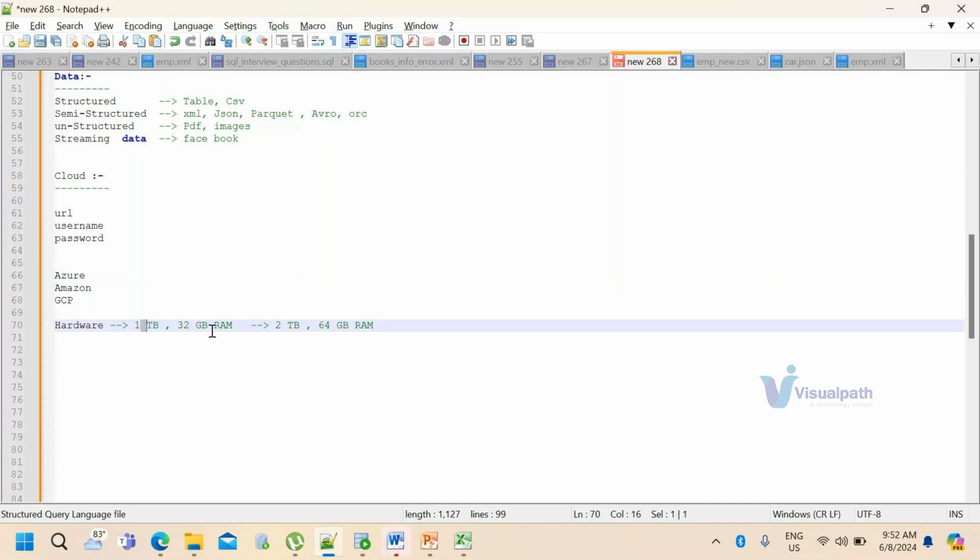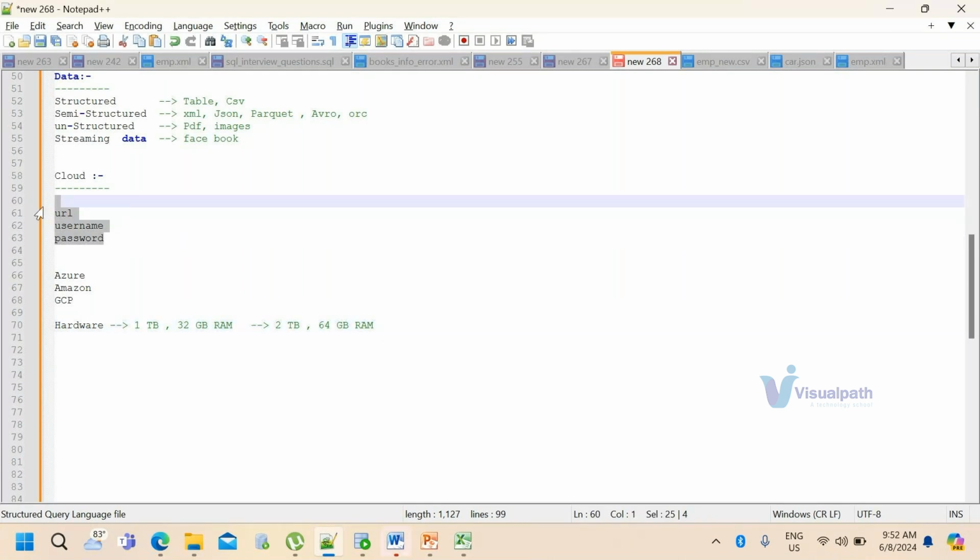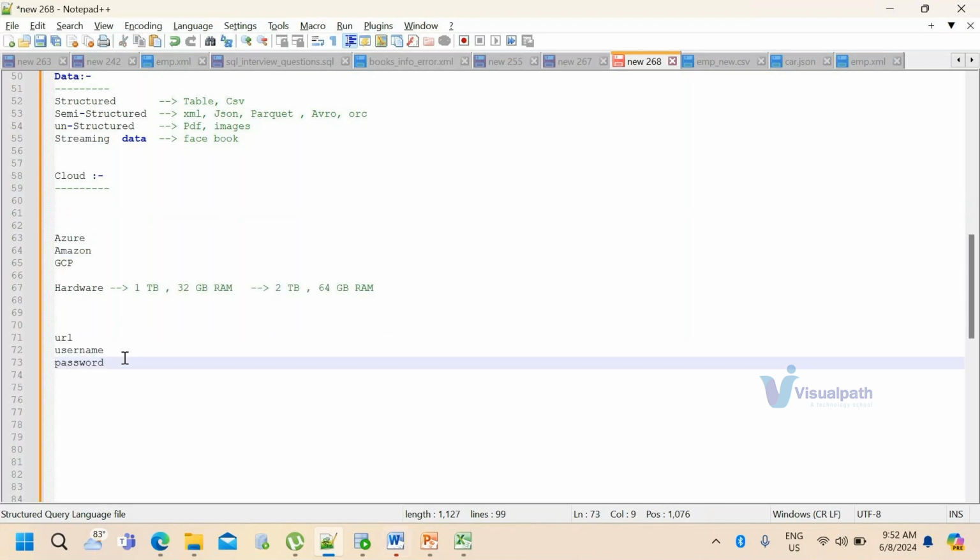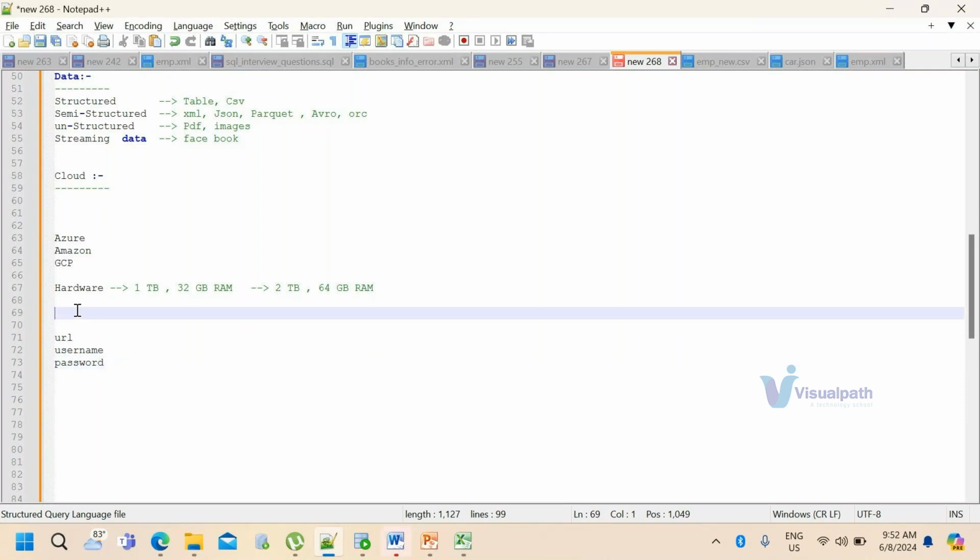Once the preparation is done, they'll share one URL with username and password. With these, you can log in and access the environment. So there is no initial cost and no maintenance cost.